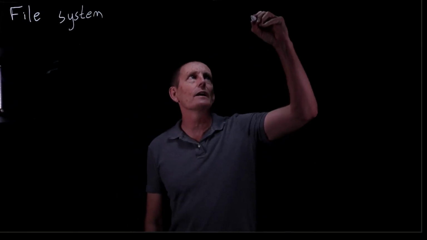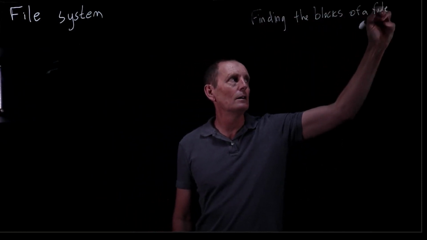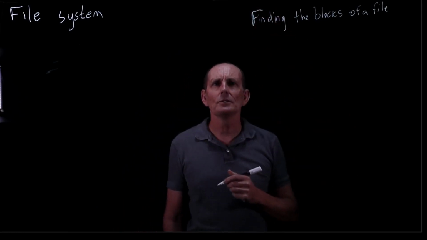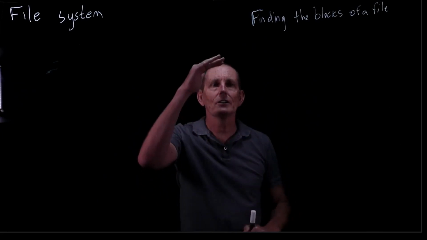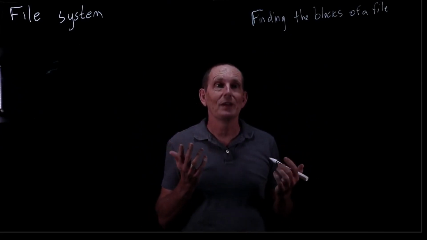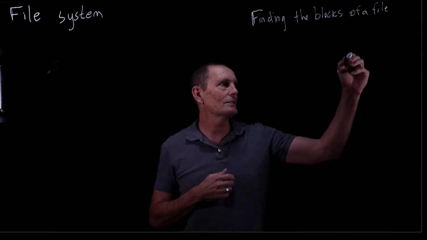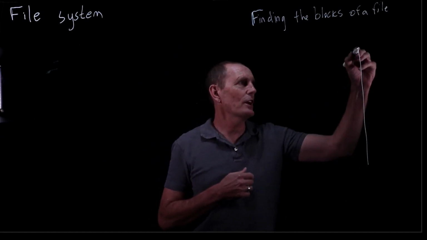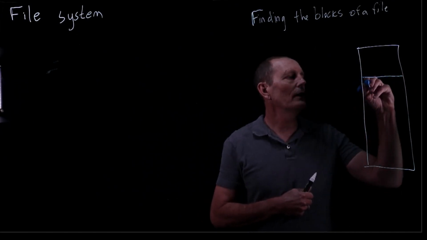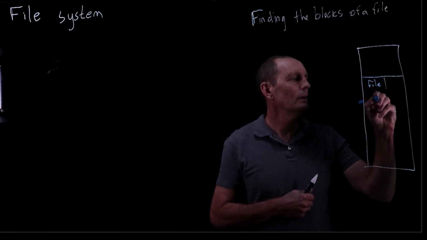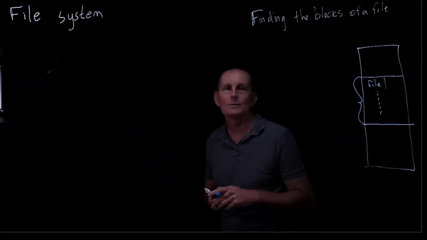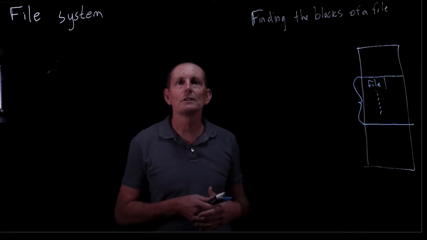At some point, you need to find the blocks of a file. There are several different ways you can do this. So one way you can do it is you could just have all the blocks in a file contiguous on the disk. So they're all adjacent. That's great. That means that accessing the file is very fast. So if we just looked at our abstraction of the disk, then we might have, for example, file 1 spans these blocks, entirely contiguous. And then file 2 might be following that, and file 3, and so on.